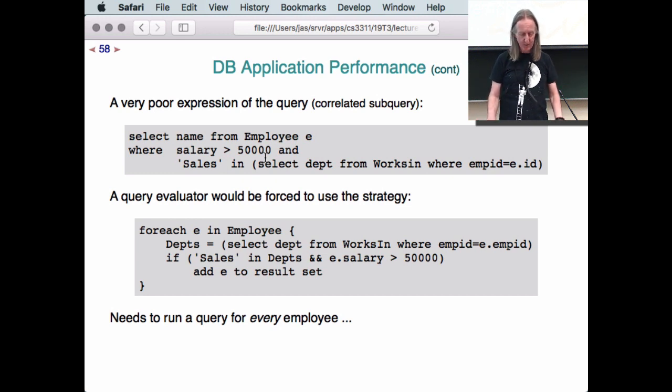Alright, so it's 5 to 4. Let's stop talking about this and